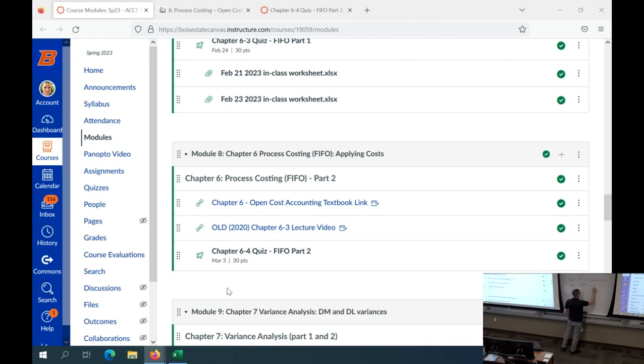And specific to 6-4 here, we're going to be going over step 3, as well as some questions that have you go through step 1 and 2 and 3, or just step 2 and step 3 or something like that. But step 3 is only in 6-4. In that case, we have 2 classes of questions: ending WIP questions, where it's asking for what is the cost in ending WIP, either what's the direct material cost in ending WIP, what's the conversion cost in ending WIP, what's the transferred in cost in ending WIP, only on rarer occasions, there aren't that many questions like that, or what's the total cost in ending WIP, so